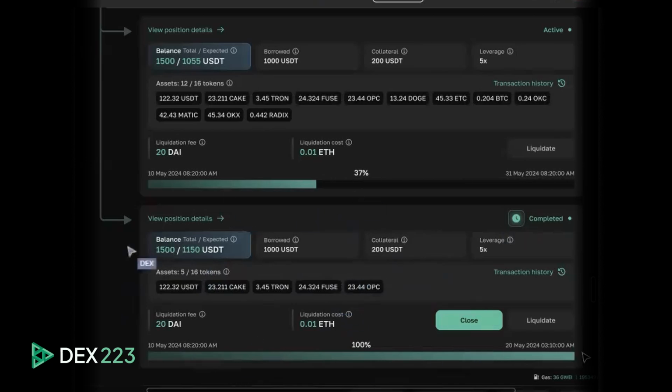So the borrower can also close the position at any time, as I said earlier, and it is much better if the borrower closes this position because the borrower actually owns these tokens. And if the lender forcefully closes this position after its completion date, then all these tokens are sold. We are executing 5 swap operations in this case, or we would execute 12 in this case if we needed to close this position. But in case of closing the position by the borrower,